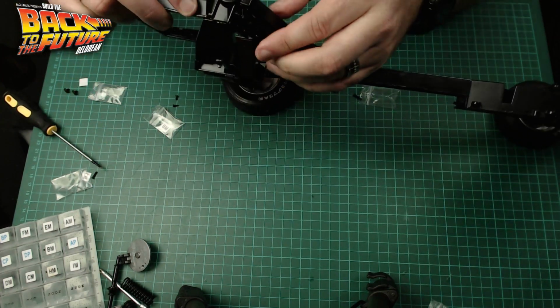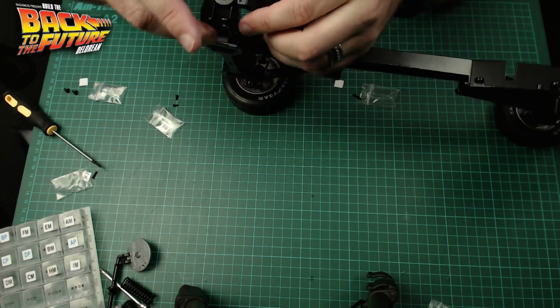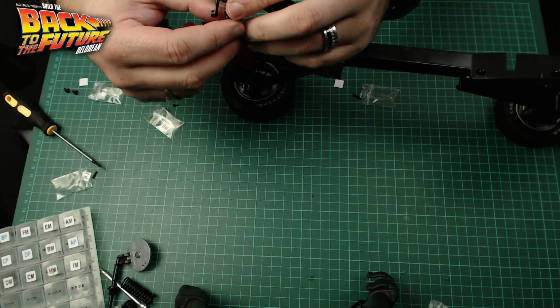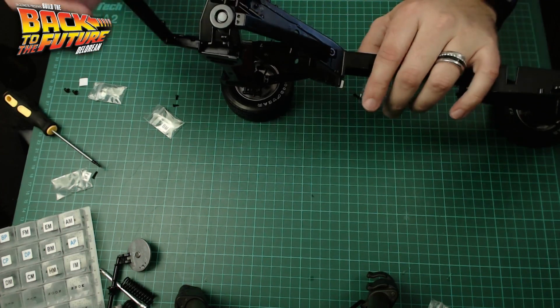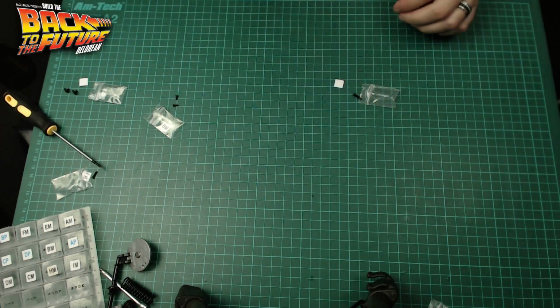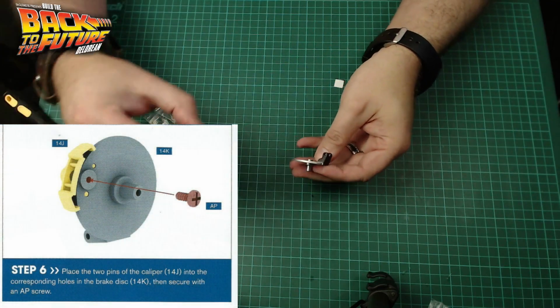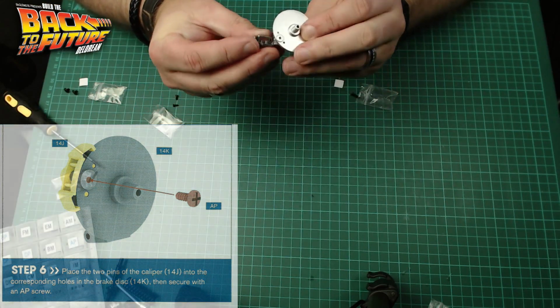And then we're going to be doing the bottom bit. So let's just get that there. And the bottom bit is going to be, we're doing step... it wants me to do the brake caliper first. So I'm going to leave this all loose until I've actually put the brake disc and caliper in. I'll put that down here for a second because it wants me over to this bit here, and the caliper, which again can only go in one way, so that's going to go on like